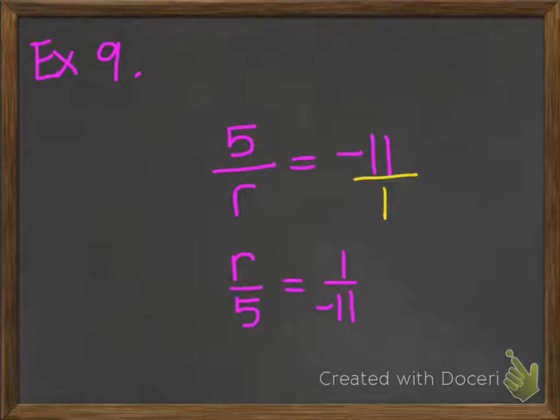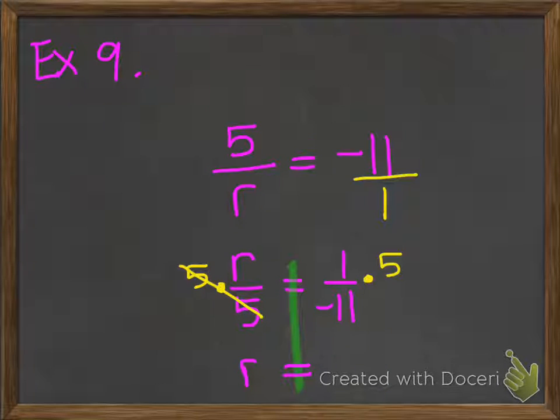So now that I've flipped over both sides, or used the reciprocal of both sides, now I can go ahead and do the opposite operation. I see that the variable is being divided by 5. The opposite of dividing by 5 would be multiplying by 5. So if I'm going to multiply by 5 on the left side, I'm also going to multiply by 5 on the right side. Now, what I'm left with here is r on the left side,